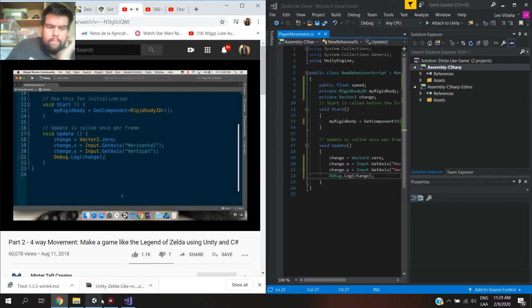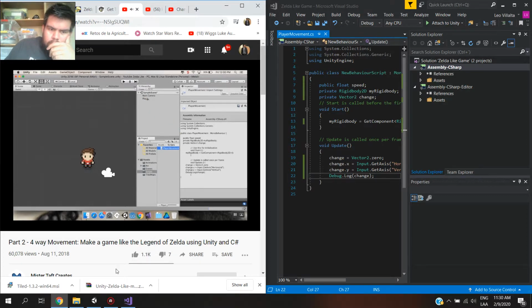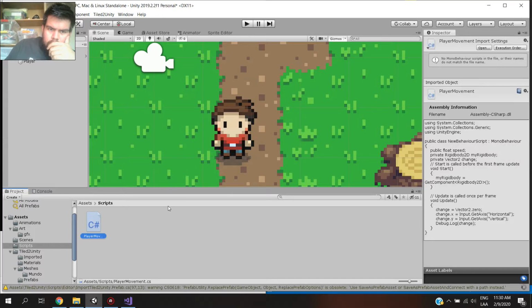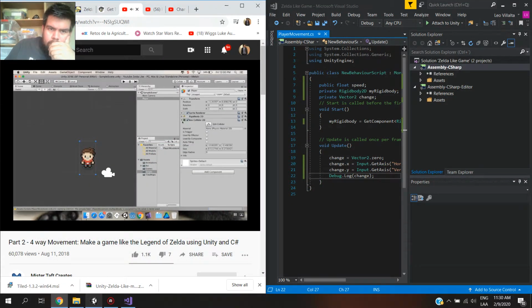So I'm going to save this script really quickly. Go back into Unity. Choose the player as soon as this is done compiling. Choose the player, and then I'm going to negotiate a few of these and pull player movement onto it. Set my speed to